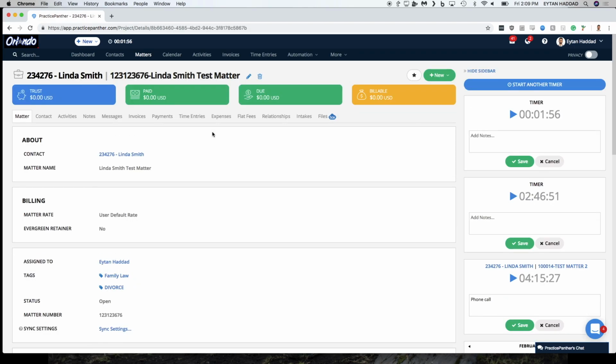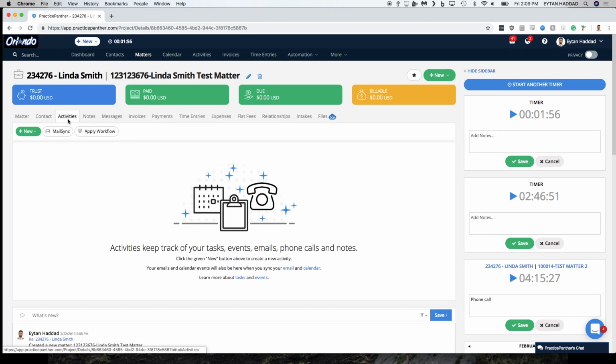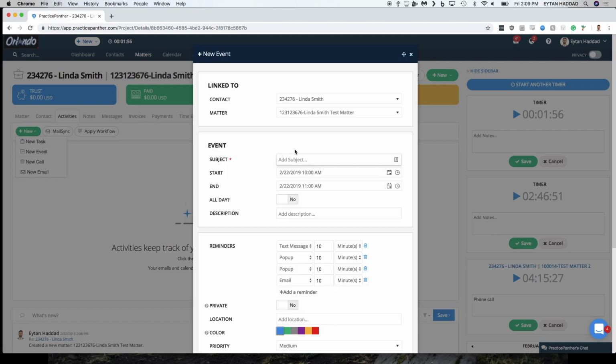So when we click into our matter, the first thing I want to cover will be the activities, because this is really cool. This is where you can put your tasks, your events, any emails that you've logged to the software, any calls that you've logged. It's all right here. So for example, if we go in and create a new event,